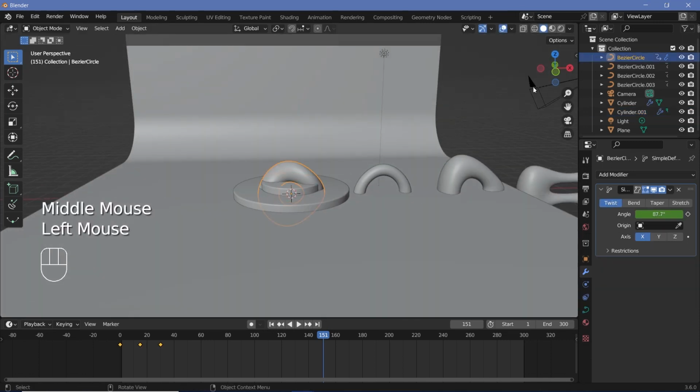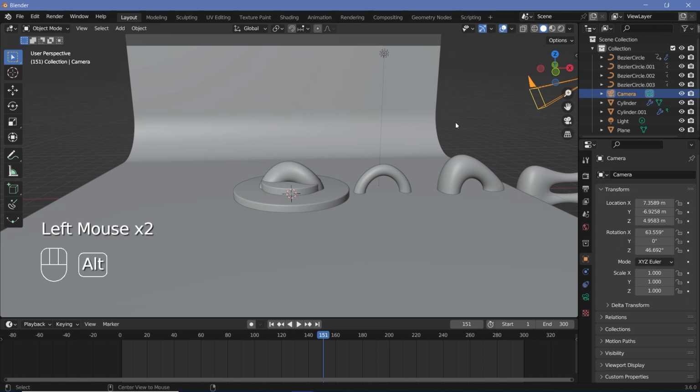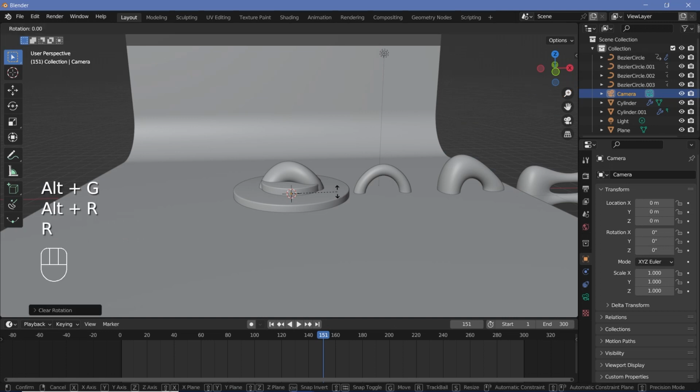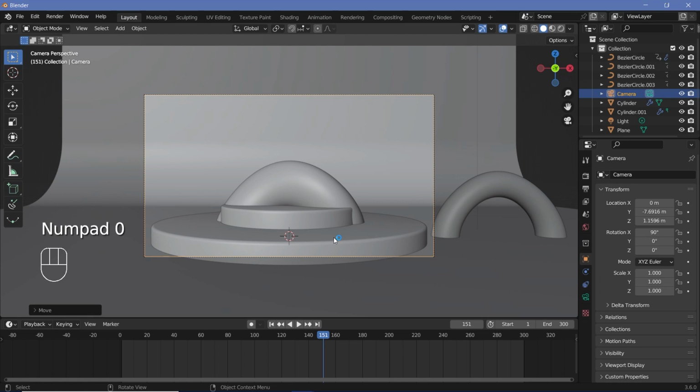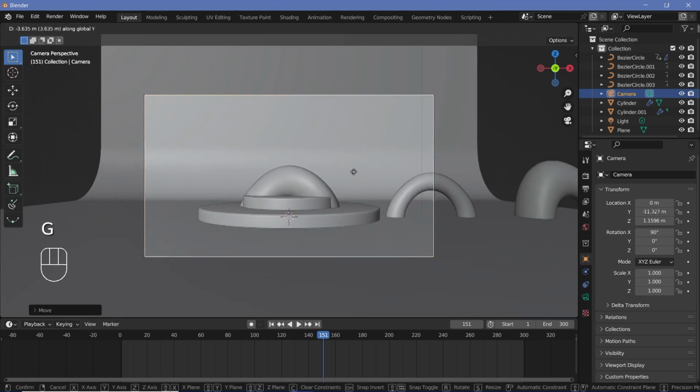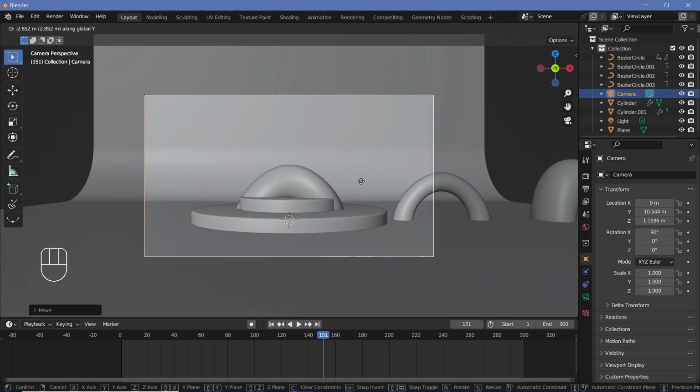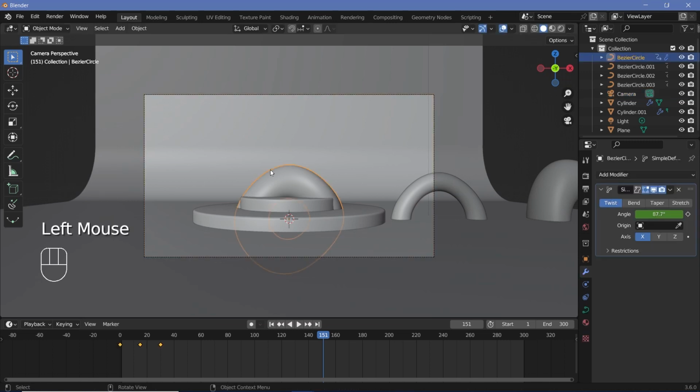So now we can go ahead and place our camera. So let's select the camera, press Alt G to clear location, Alt R to clear rotation. R X 90 will rotate it on the X axis by 90 degrees, G Z can move it up on the Z axis, and G Y can bring it back on the Y axis. Then you can press 0 on your numpad to go into the camera view and continue to press G Y and just bring it back till you're somewhere with the zoom that you think is enough,